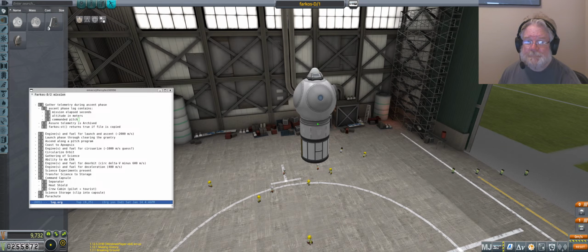That's better. So, parachute, check. Science storage, check. Command console, which has